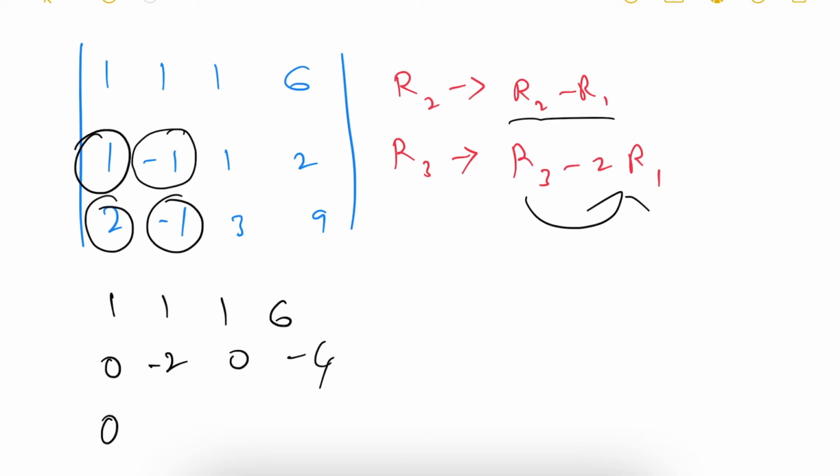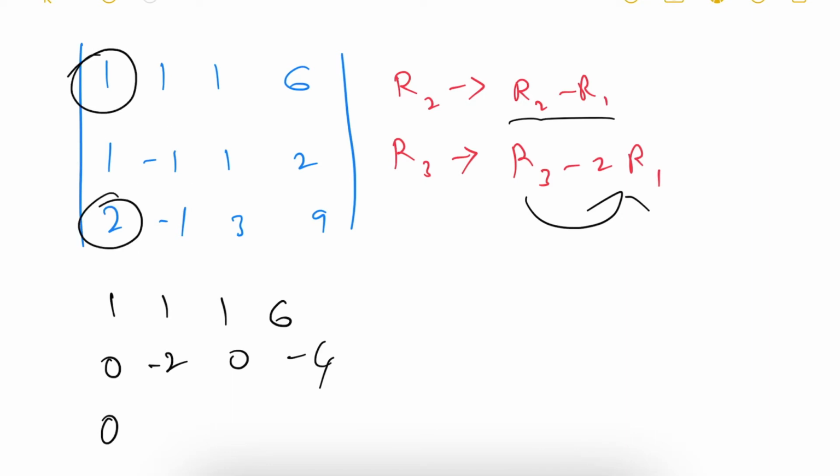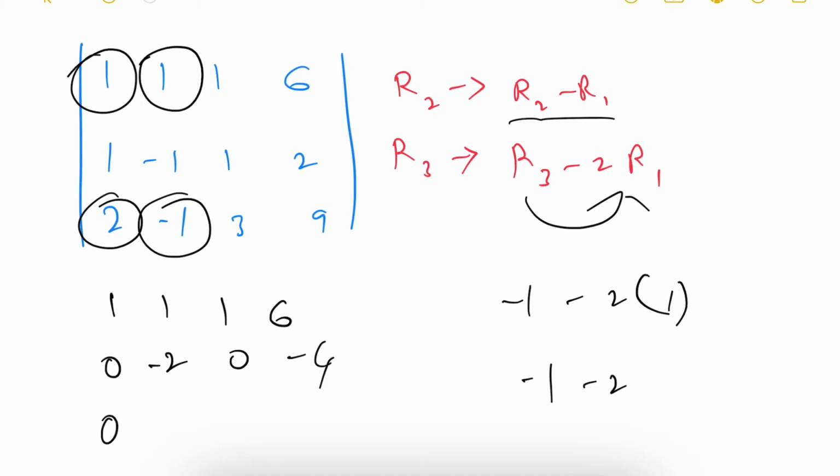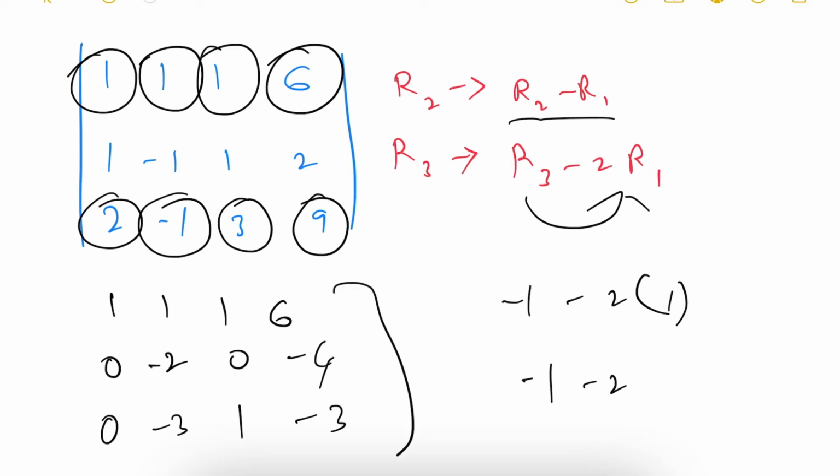I will do it here. Minus 1 minus 2 into row 1. Oh sorry, row 1, right? I am doing with row 2, sorry. Okay, 2 minus 2 times 1 is 0, minus 1 minus 2 into row 1 is 1. So minus 1 minus 2, it will be nothing but minus 3. Then 3 minus 2 1s, 9 minus 12 is minus 3.